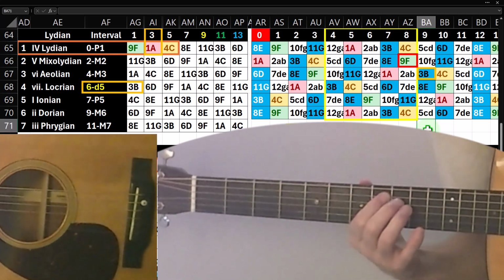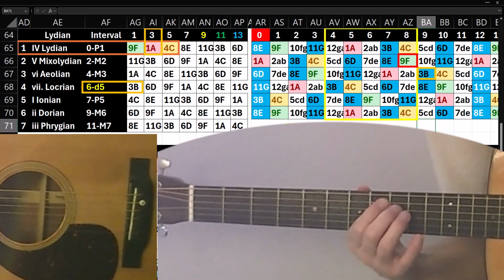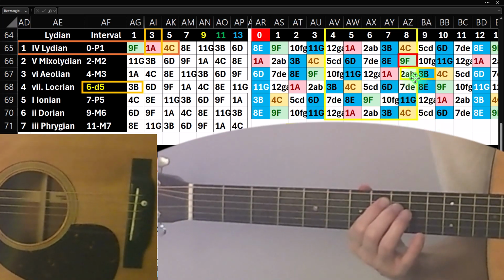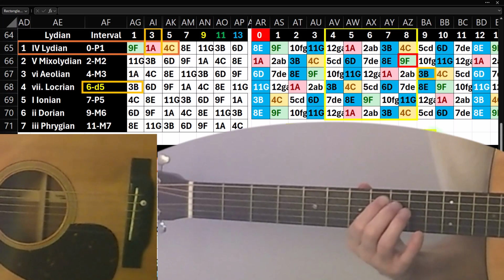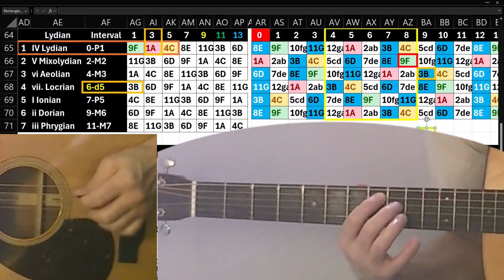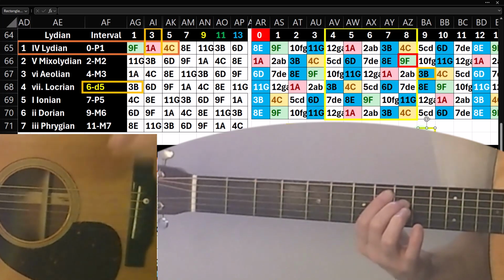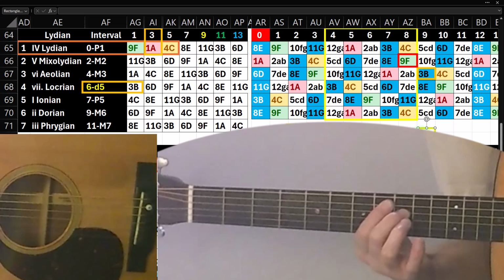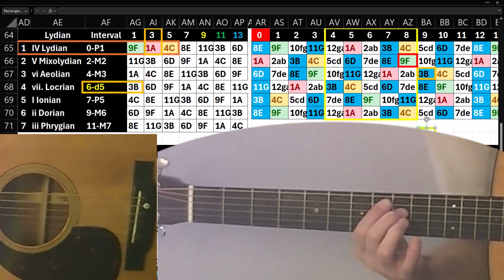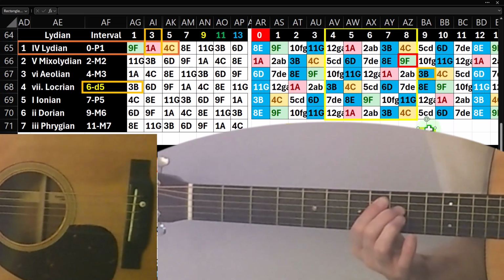So then we're going to go down 1. If I go down 1, it's going to be 5, and then 6 up this way. So 5, 6, there's that diminished shape. Anytime I see that shape, that's the diminished shape. So that means that the sixth note away, augmented fourth, which is also a diminished fifth distance, if I go down one string, is